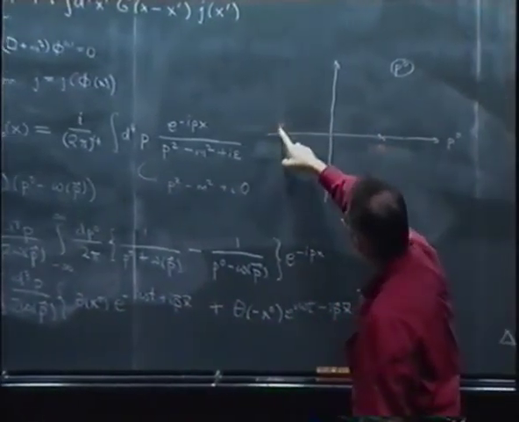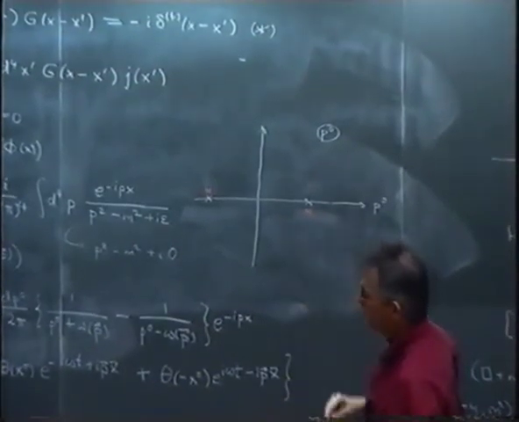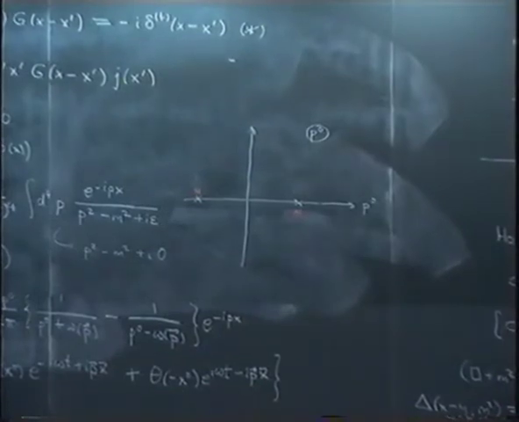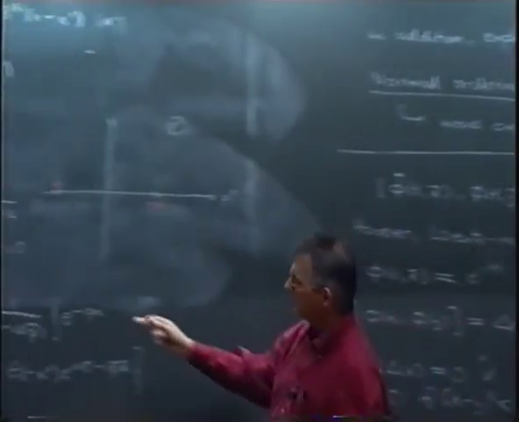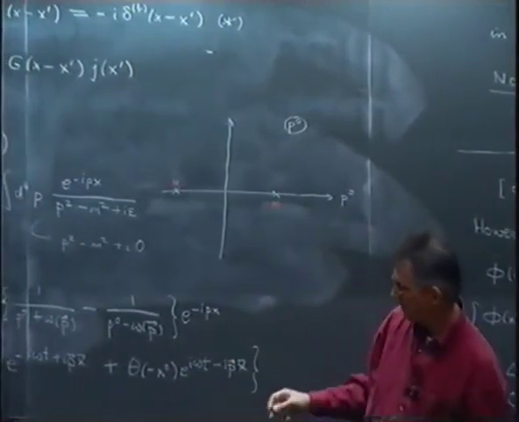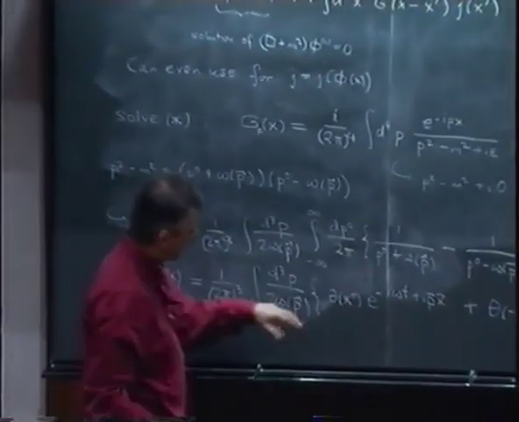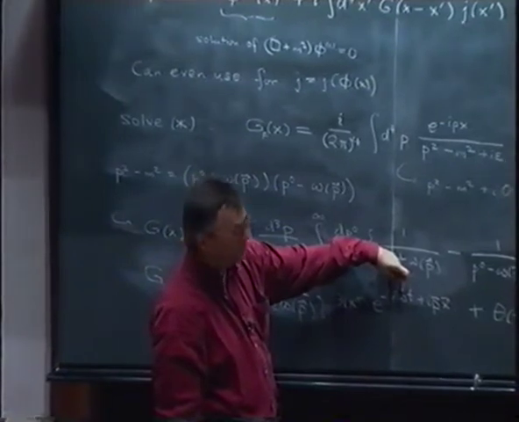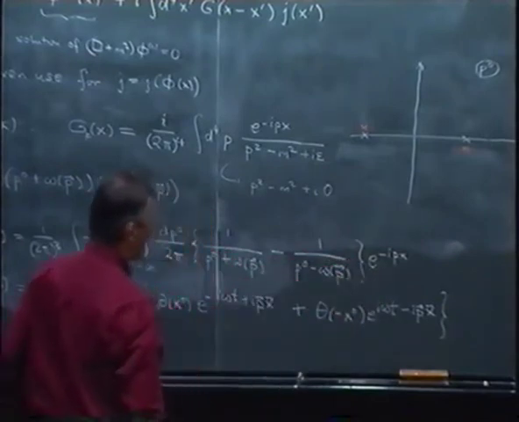If you do it in another way by shifting both poles into the upper half plane or both poles into the lower half plane, you get another kind of propagator or Green's function, the so-called advanced and retarded Green's functions. You may remember from electrodynamics, but the one that is relevant in quantum field theory is this one. And as you can see, this is such that for positive time, only positive frequencies or positive energies contribute, and for negative times, it's only negative frequencies that contribute.